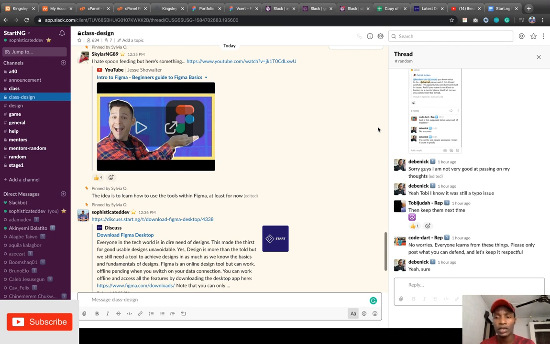Now we have content strategists. Content strategists are those who bring out content, the write-ups. They can also be called the UX writers. The write-ups, the particular terms and words that you can use to convey a particular tone, a particular voice of a brand. Those are the content strategists.